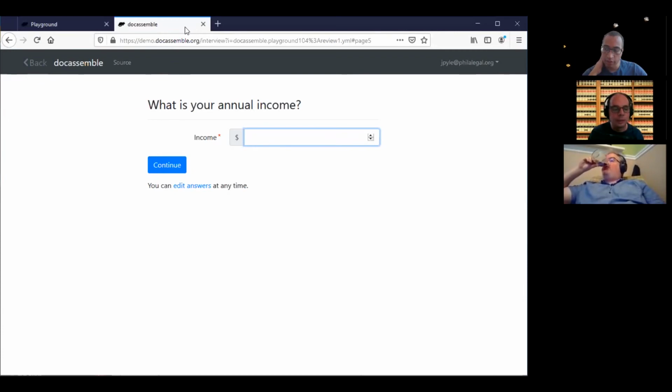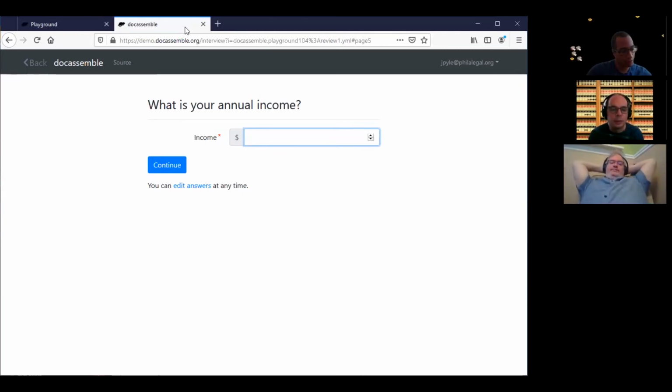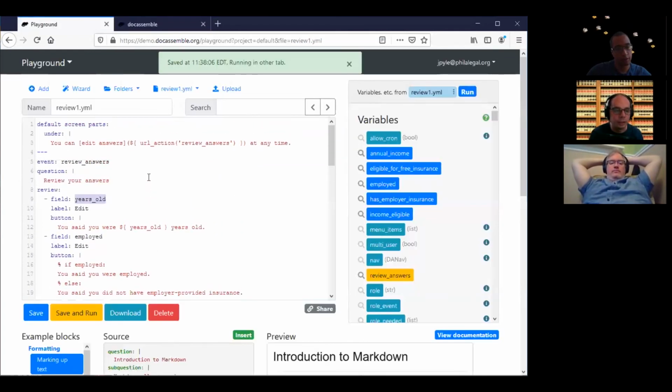Well, the information in the interview answers won't be changed. So it'll still exist in the interview answers. But whether this question, what is your annual income, is even asked, will depend on the interview logic. So according to the interview logic,